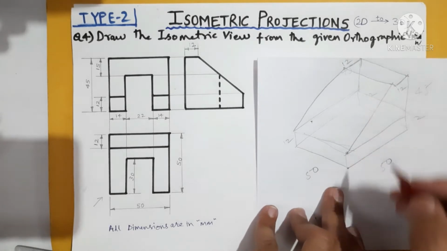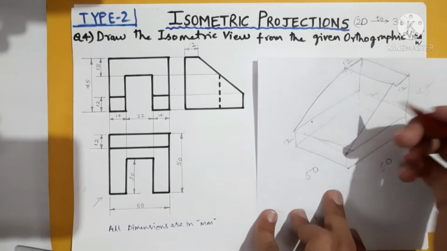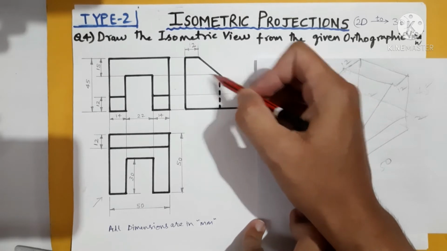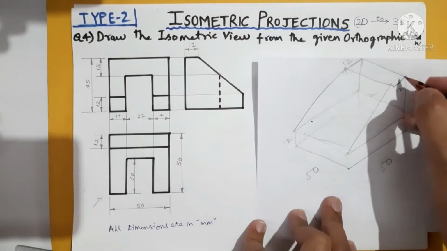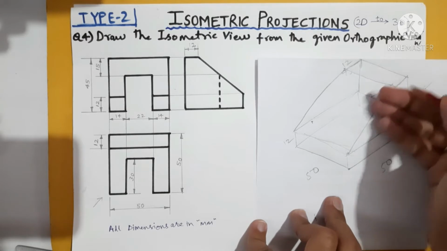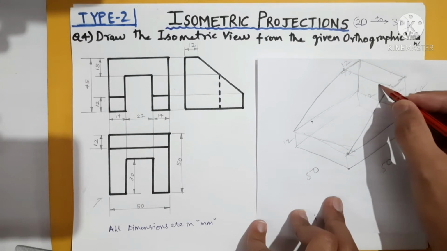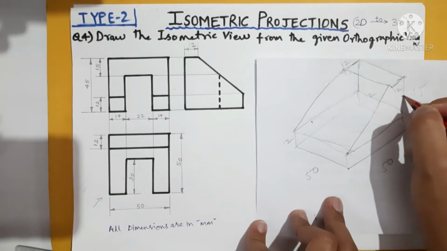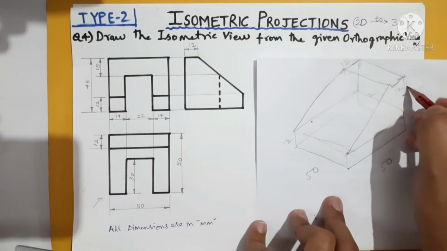Then further, this is not a complete solid block. Here some slot kind of arrangement is there. This is cut. How? Let us see the diagram again. The slot is 15 mm down from the top surface. From the top surface 15 mm down means we cannot take it on the slope, because on the slope you would be coming in the forward direction. So from the top surface, this line and this line are at the same level. Both heights are 45. So from here you go down by the slot depth, which is 15 mm. So we go 15 mm down here.